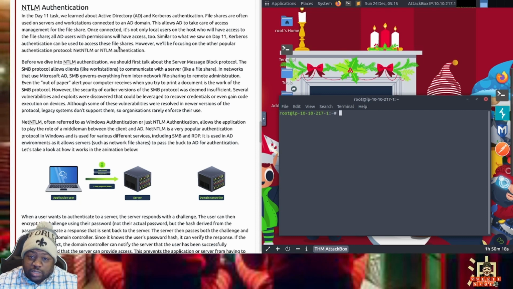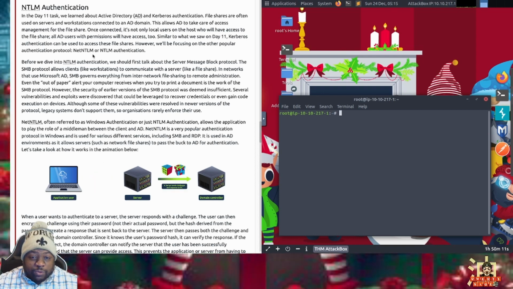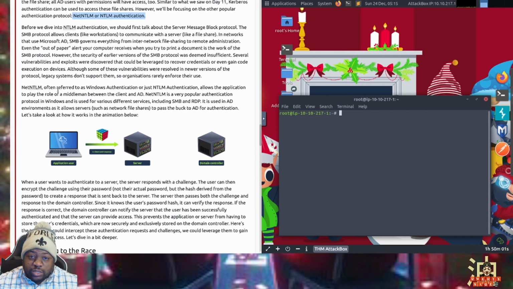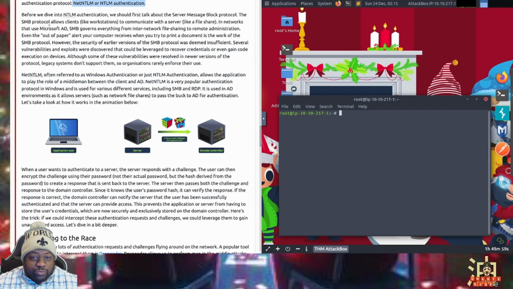Kerberos authentication can be used to access these file shares. However, we'll be focusing on another popular authentication protocol, NTLM. Before we dive into it, we're going to talk about SMB.